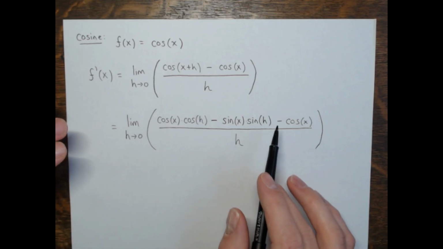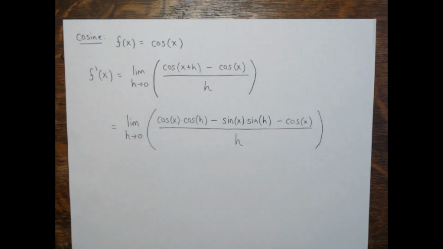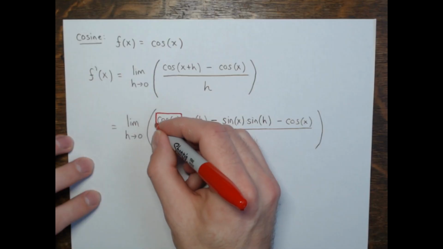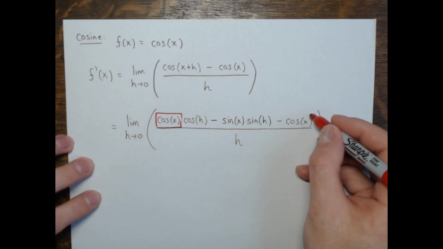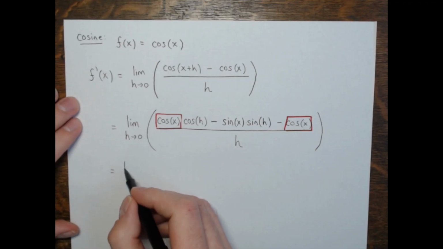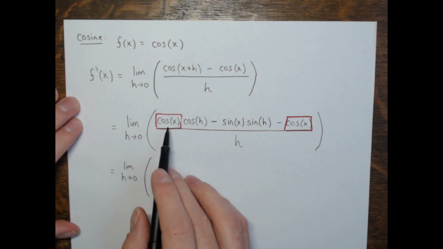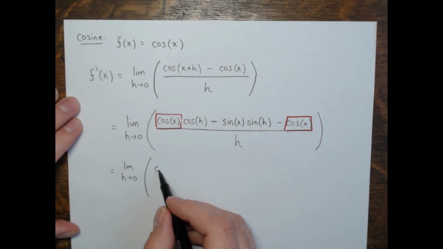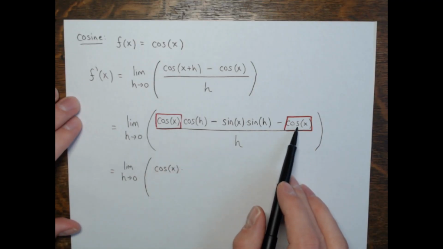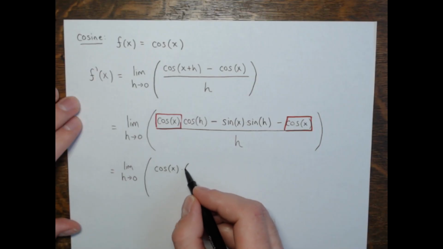And once again, even after that retooling, if h went to 0, you'd have 0 in the numerator, 0 in the denominator. But like before, there are some terms that have a common factor, right? This cosine x is in the first and third term. So I'm going to rework this. So we have the limit as h approaches 0. So from these two, factoring out the cosine of x, times, and if I remove the cosine of x from both those terms, the other factor would be cosine h minus 1, quantity